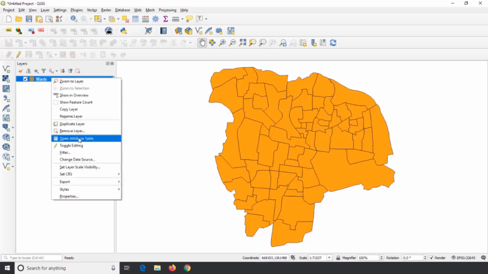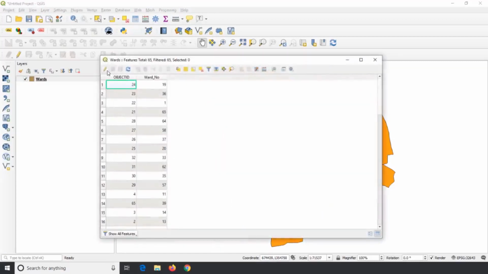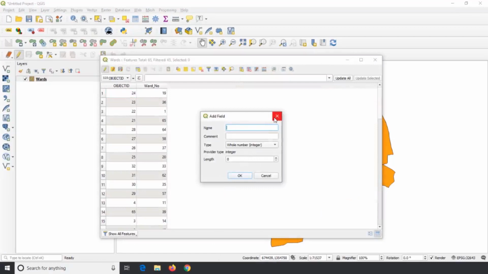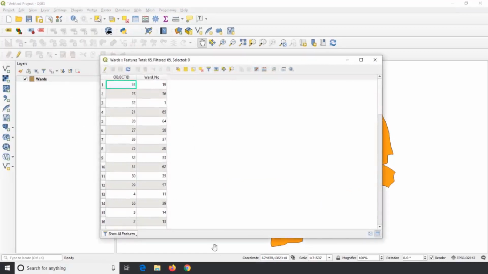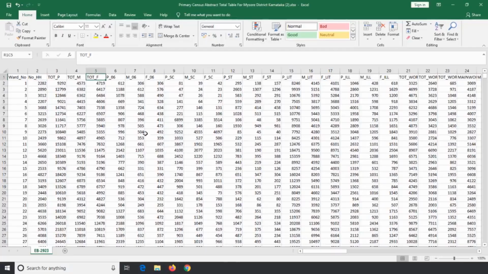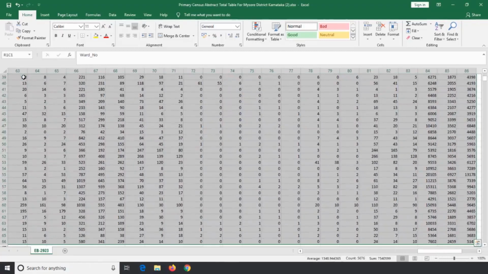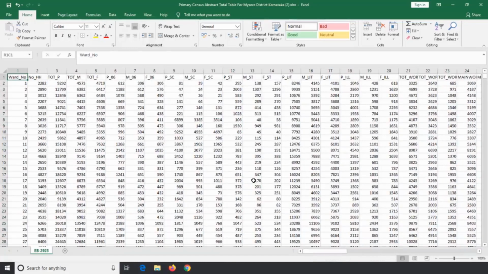Now open QGIS and open the attribute table of wards. Here we can create a new column and enter the population information. If we need to enter all the population information in the attribute table, which is 86 columns of 65 ward information, it may take a long time and there are chances of making mistakes while entering data. Thus, this data can be linked with the attribute table join option in the software.